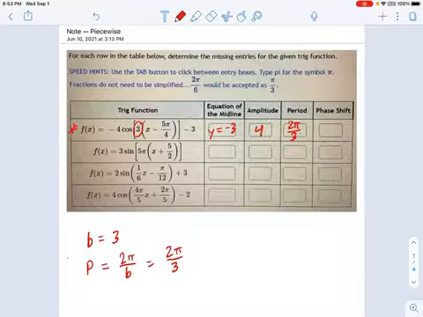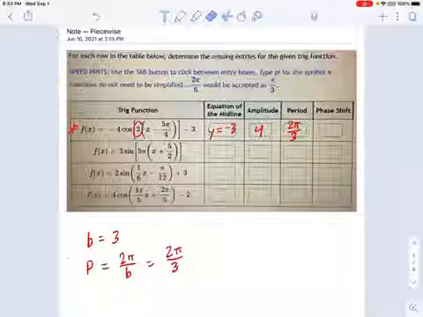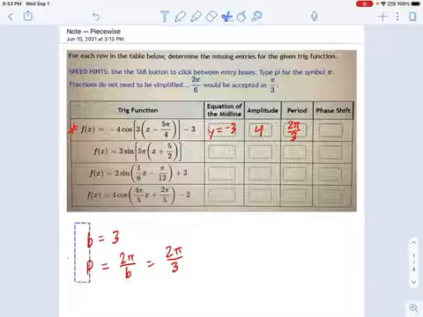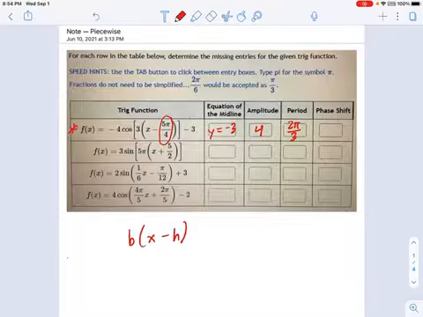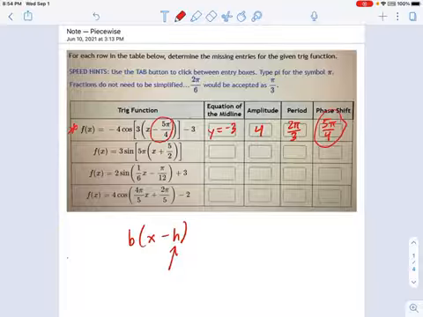And now we get to the phase shift, which is the first time we're seeing something that's not a phase shift of 0. But it's really easy. You just look at this number right here. Okay, there it is. That's the phase shift. Remember, phase shift is always in terms of b times x minus h. So whatever that value is that's being subtracted, that's your phase shift. So this is 5 pi over 4. And you might be noticing this negative sign here, right? It looked like a minus 5 pi over 4, and it turned into a plus 5 pi over 4 here.